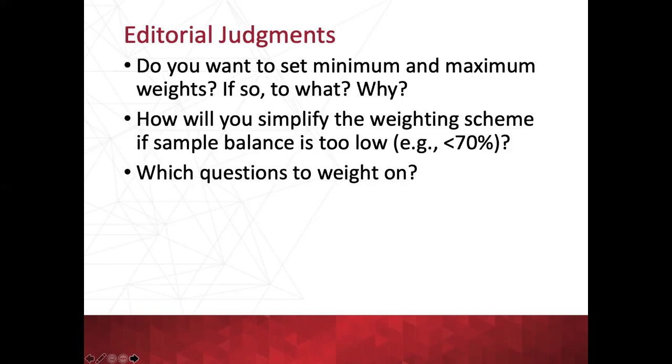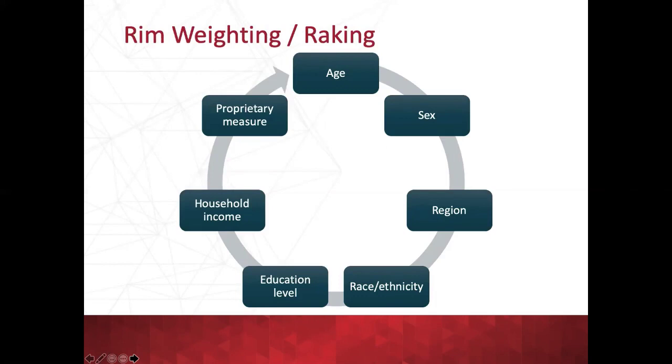So that's another issue, which is which questions do you weight on? And I'm going to go through some of the more thinking on that, but that's also an editorial decision. And so it's a much more complicated process than the academic literature would lead you to believe. Cell weighting is what I gave an example of, where you're basically dividing the entire population up. And what has happened over time is people are like, well, we want to add more dimensions. We want to weight by age and gender and region. Okay, you can do that with census data and do cell weighting because the census will break it out. Depends on your national census, but they'll break it out.